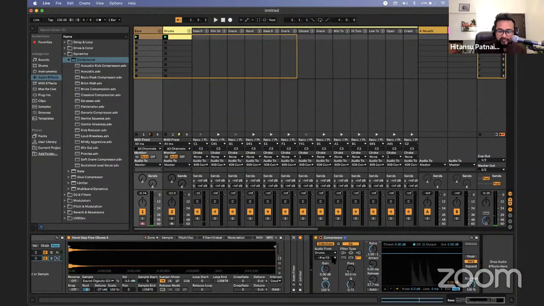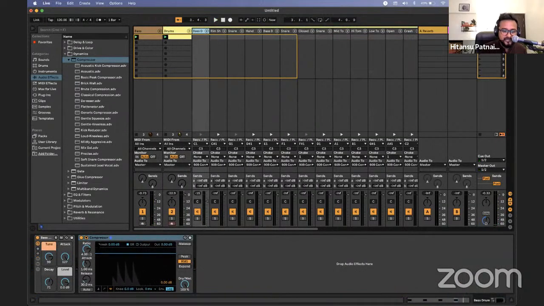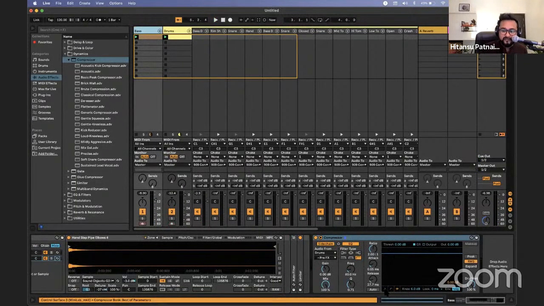I just have to start defining my threshold, because the threshold is the only point to set the level at which the compressor starts acting on the signal. Now apparently if I listen, it's completely dry. And this kick, let me process a bit, and for that I'll have a different mode of mine. Now it's very boring, it's sounding completely unaffected. Now the moment I start setting the threshold,